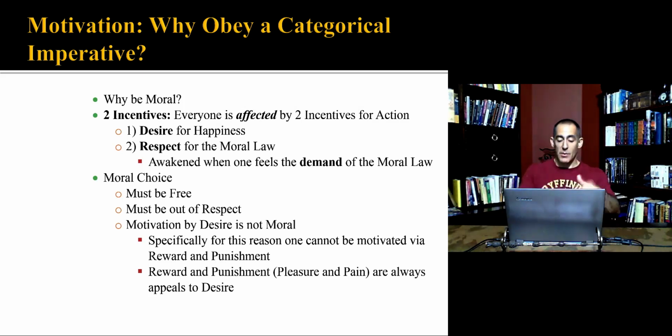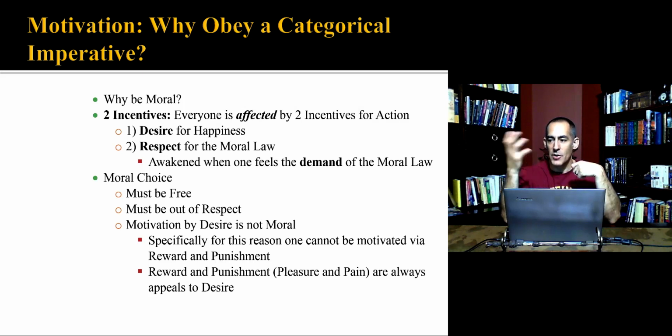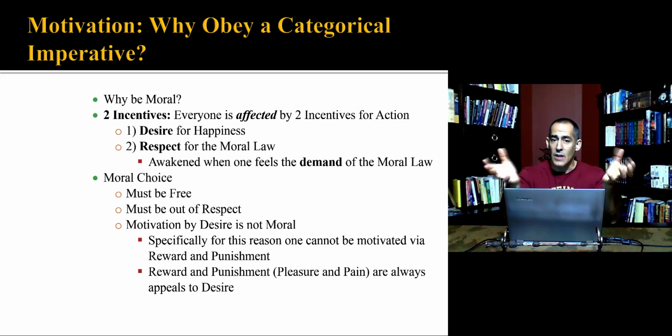Which is also one of the reasons, by the way, and why it's on the slide, that you cannot appeal to reward and punishment in the course of training somebody to be the moral person. Because reward and punishment all appeal to sensation. They all appeal to desires, right? They offer a person a reward for a behavior to try to get them to do something. You're appealing to their desiring nature, okay? Not to their reason, not to their goodwill. So whenever you apply punishment or reward, you're appealing to desire, and desire by definition is not moral, so you're not training somebody to be moral.